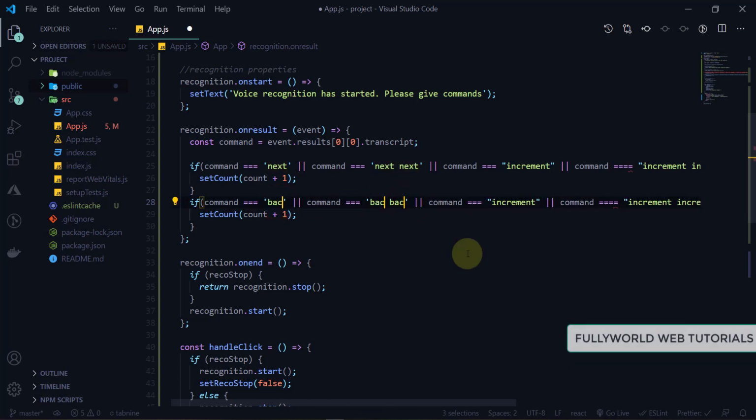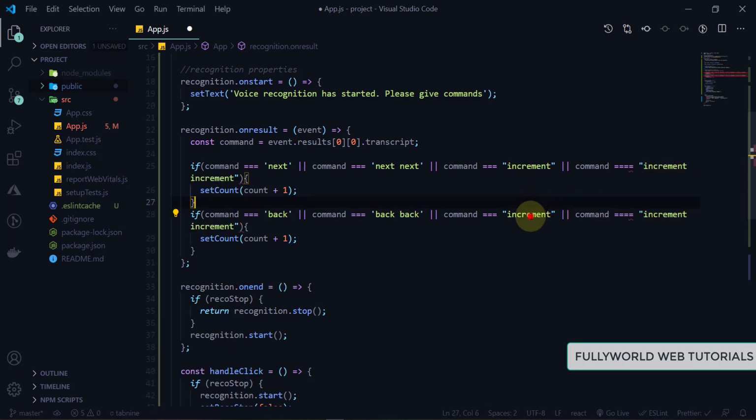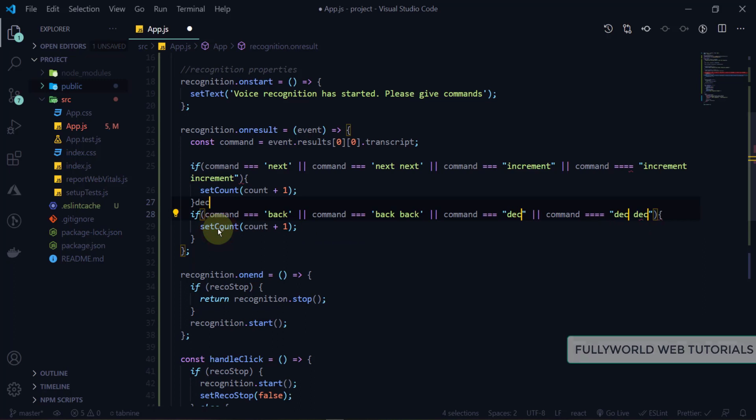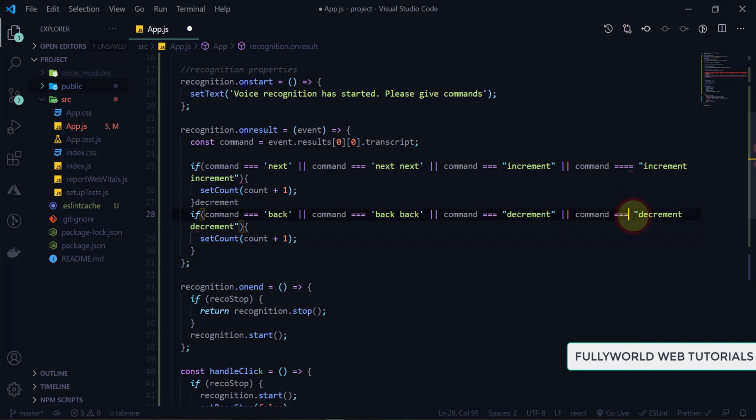Here is back, and instead of increment I'm going to write decrement. So decrement is there. Here it will be triple equals to, not 4 equals to. And next, here we will minus the count. Here is only decrement.